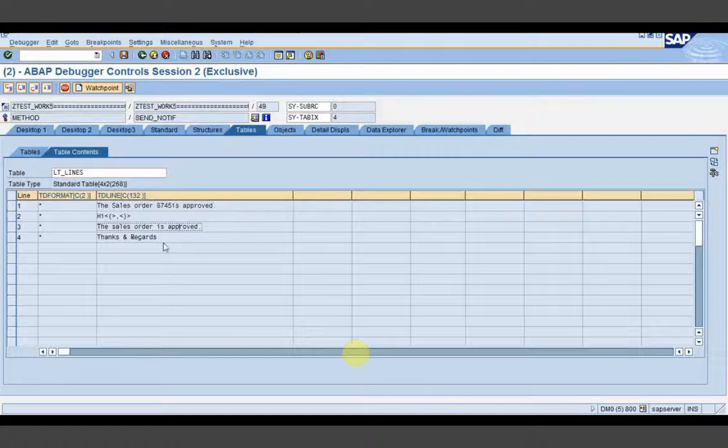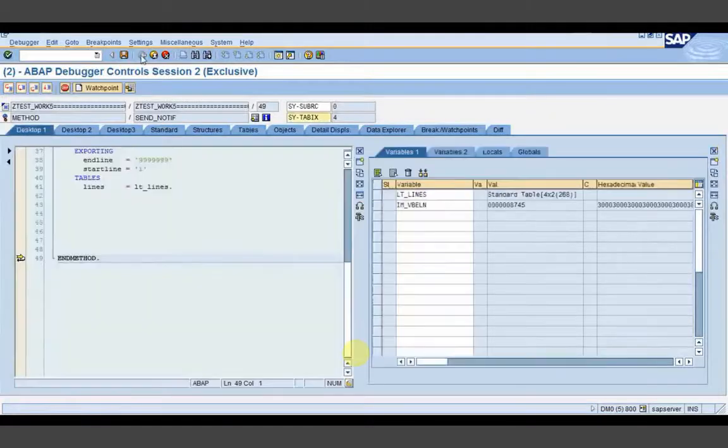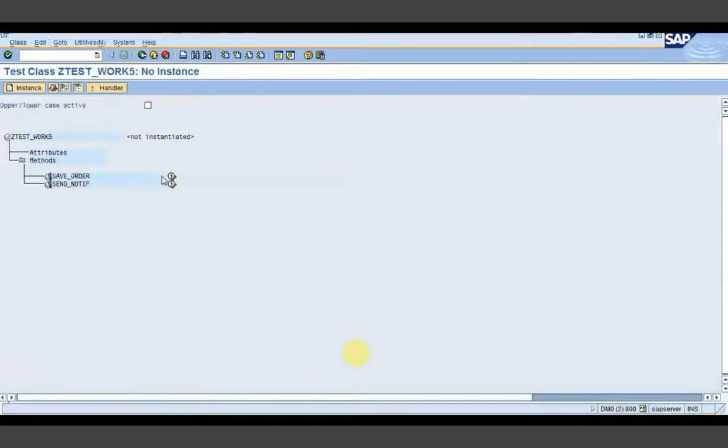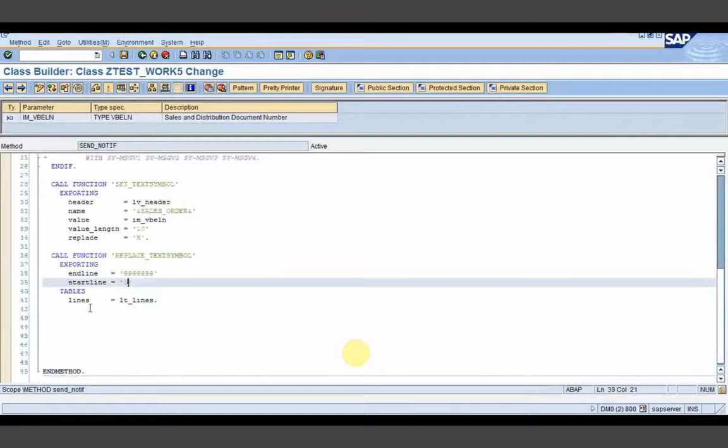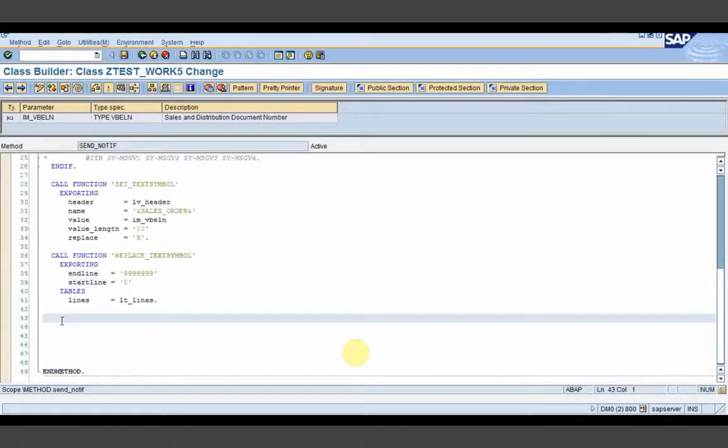So you have got this picture of what we will be receiving in the standard text, sorry, in the workflow inbox. The first line will appear in the subject area and the remaining three will appear in the body area. So you have to actually make it like that. I will be writing some code so that the first statement appears as the subject and the rest appear as the body. Then I will be calling the standard function module to send this text to the user. So for this, to make the subject and body area, I will show you how you can write it.